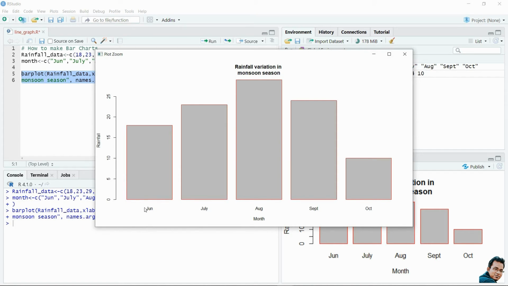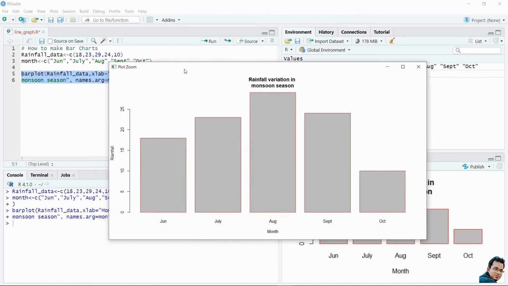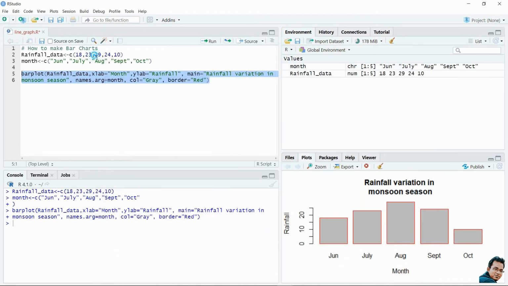These are the levels of the x-axis, that is June, July, August, September, October, and this is our y-axis, that is rainfall, and it varies from 0 to 25. You can see our maximum value of rainfall is 29.